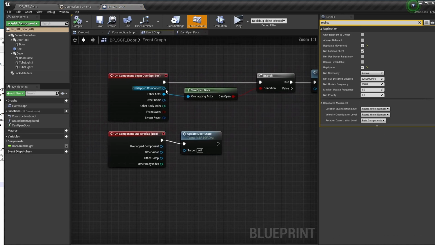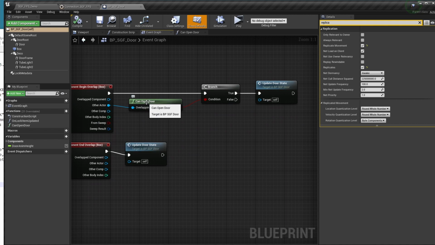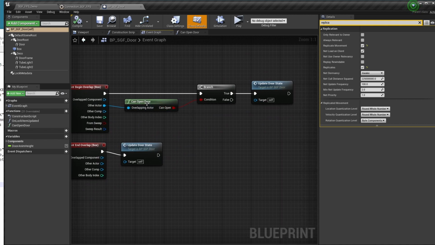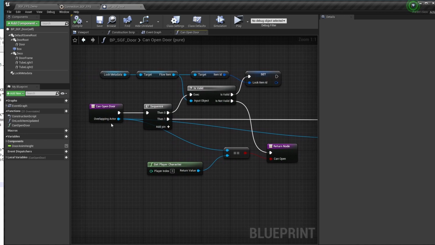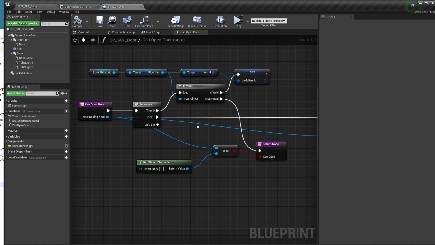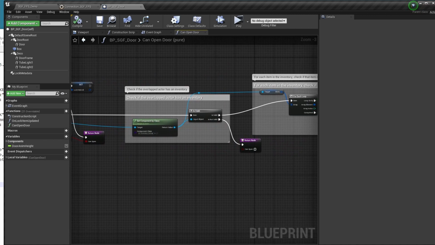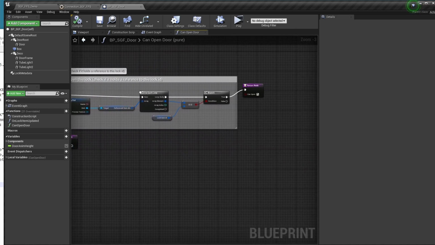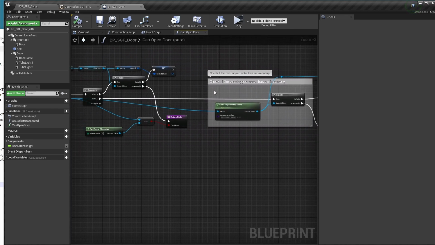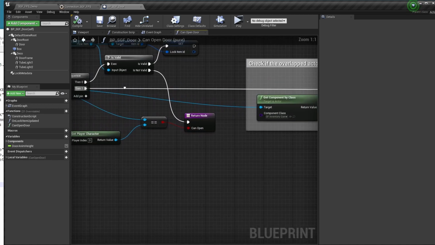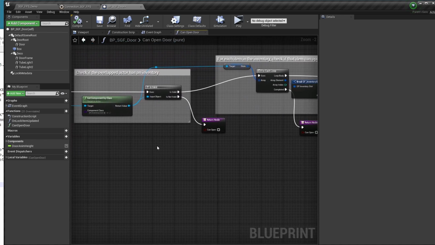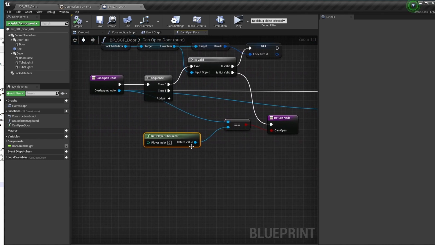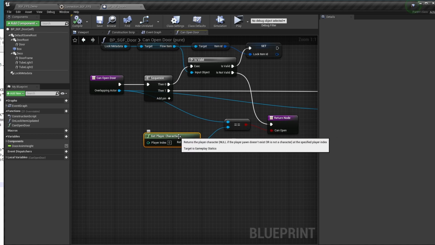If you go to the event log, we have a function called can open door. We want to first run this. So can open door has a check where, if there is a key, it would check whether the user has a key or not. I mean, if it's a locked door, it's going to check if there's a key. Otherwise, if it's not a locked door, then we just get the first player controller in the world, and if it's a player playing it, then we do it. But this is not a very good